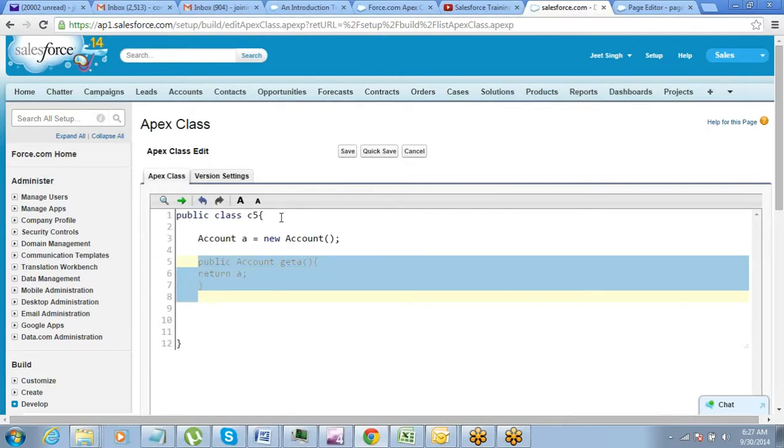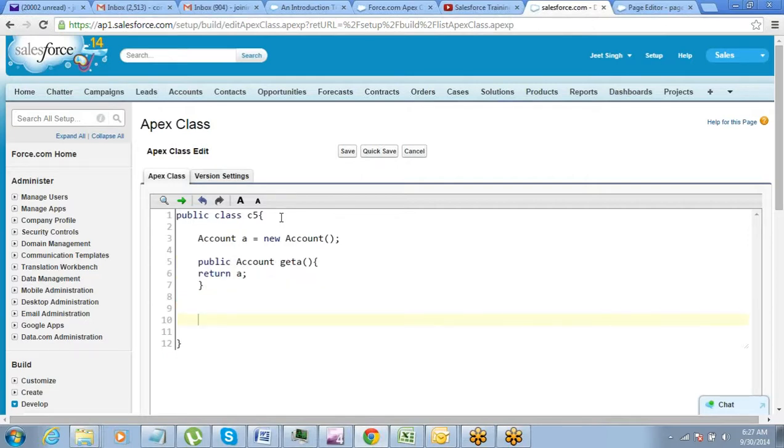Okay, so now I have defined a new account and then I define a get method for it. Then I define a page reference method for it. Public page reference save.